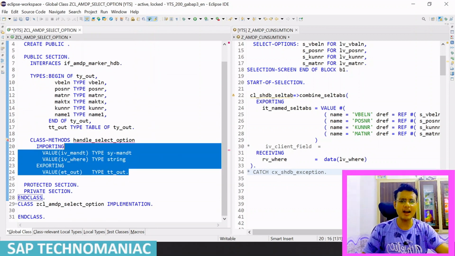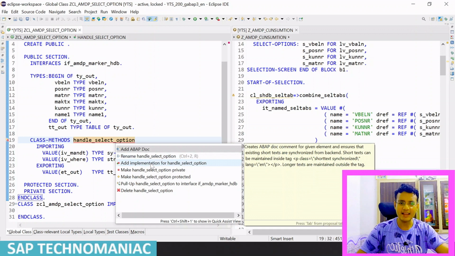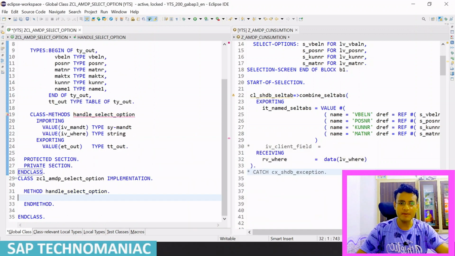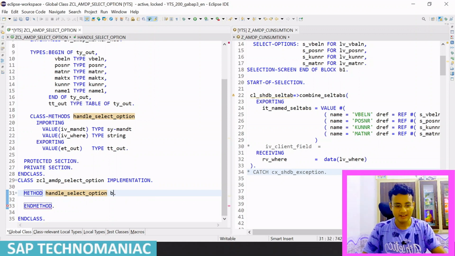Here we can't recognize whether it is AMDP or not. For that I have to do this method implementation. I have to do Control 1, and I can quickly add implementation for the handle select option. Okay, what I will do, I will first convert this normal method to the AMDP procedure by